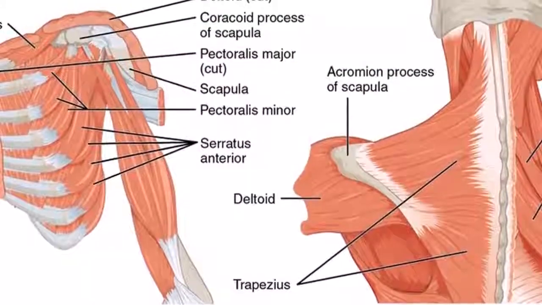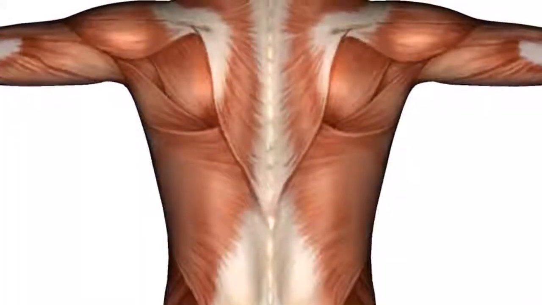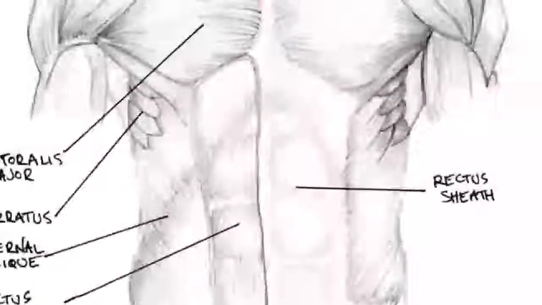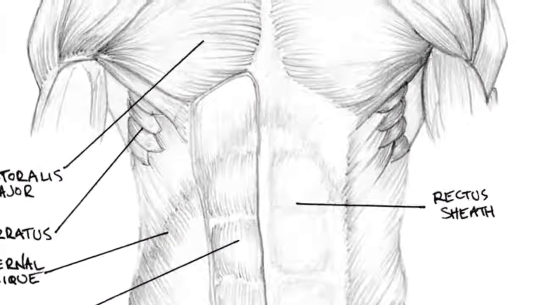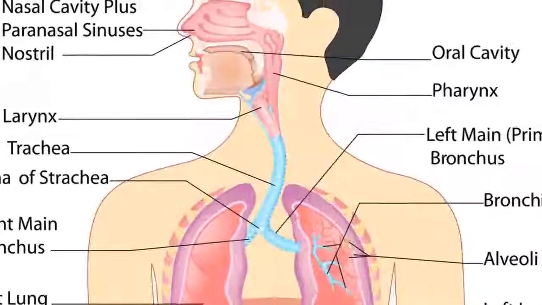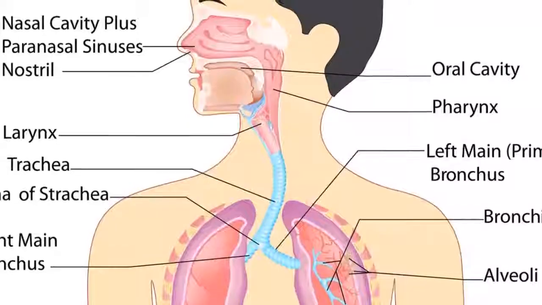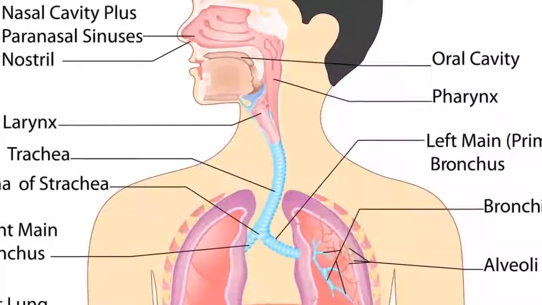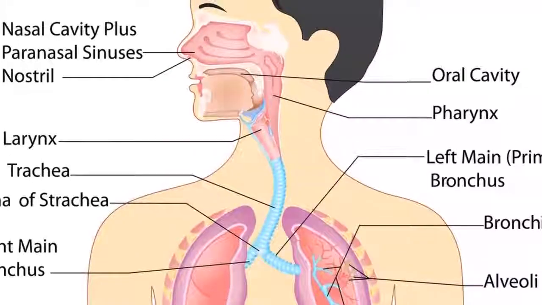If the descending and the ascending parts act together, they rotate the glenoid cavity. Now don't think that if this part of the muscle contracts, it should pull the scapula down only, and if this part of the muscle contracts, the superior part, it should pull the scapula up only. No, it's very important where they insert